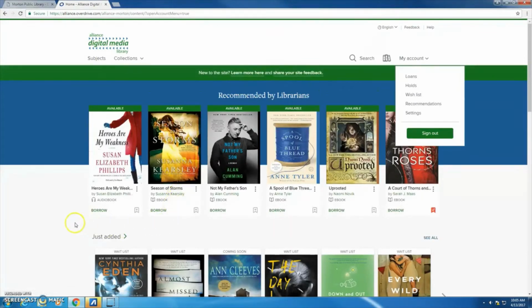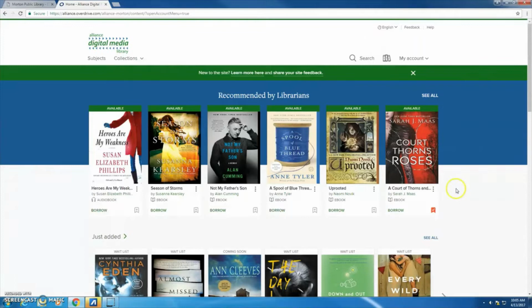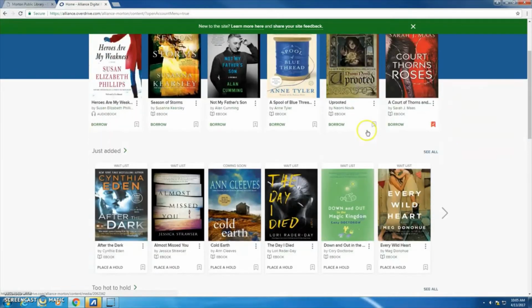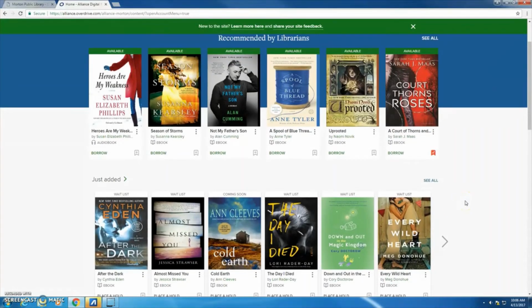It's going to take you back to the home page, but this time you have access to all of the content you see here. So for starters, you're going to see at the top of some covers a green bar that says Available. And at the top of other covers, you're going to see a white bar that says Waitlist. And just like print books here at the library, we